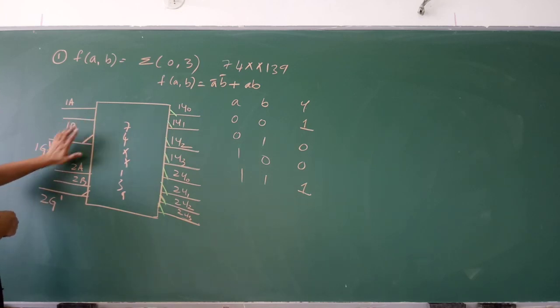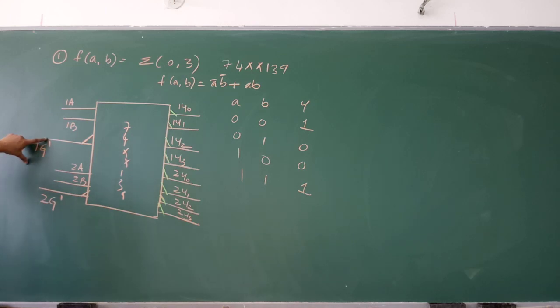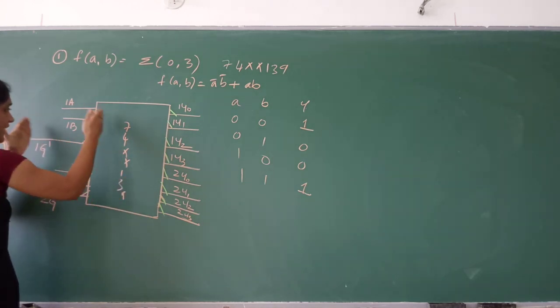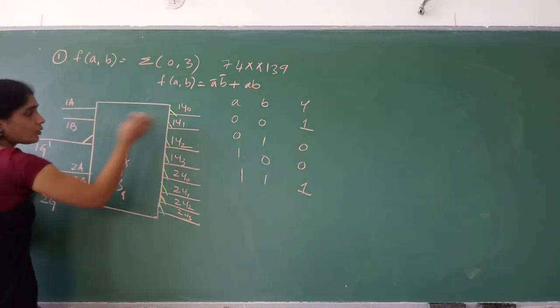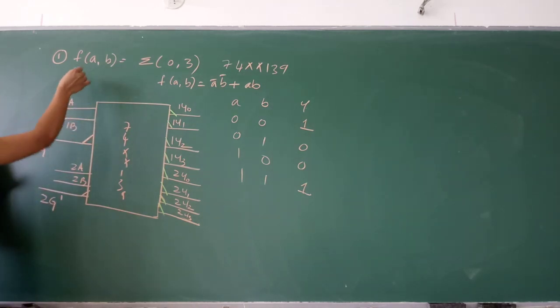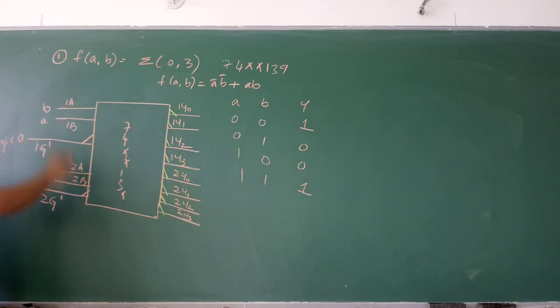If I have to use the first decoder, I have to give a proper signal to enable. What is the signal that I have to give? This input will be active when I am giving logic low. So connect this to ground, or you can just write logic 0. If you are giving this input as 0, your first decoder is now active. That means you can decode the inputs to outputs. So now let us take A, B as the inputs.